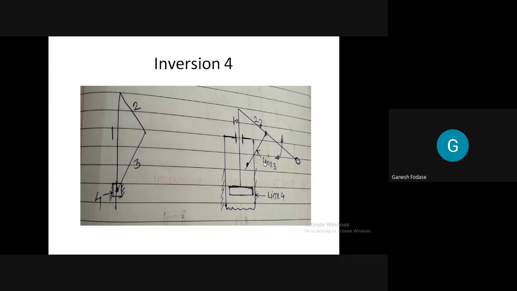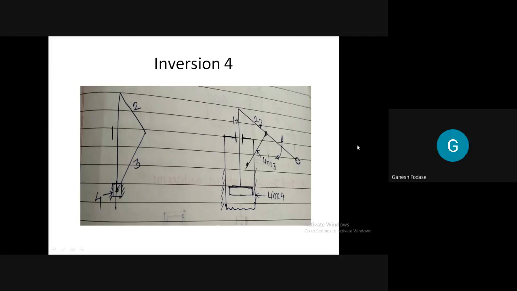Its application is hand pump, to get water. Excellent, yes, to extract water. So the same mechanism is here. You can see this one is the handle that we press to get water out. Even though it looks like this link number 1 is only reciprocating, actually, I'll show you one more animation so that it is more clear. At least get a basic idea about this mechanism.